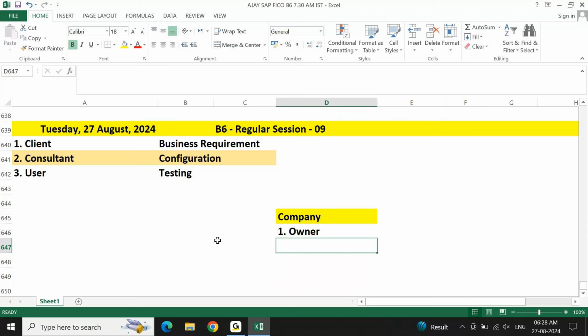That's it. Anyways, in the sessions, we will understand everything in a similar way. But I want everybody to keep in mind, this is how you are going to think, this is how you are going to work, either in your practice or in your project. It is going to be a similar approach. Next, point number 2: once you are the owner, then think like a consultant.